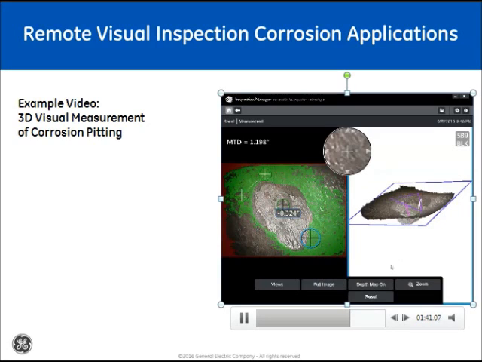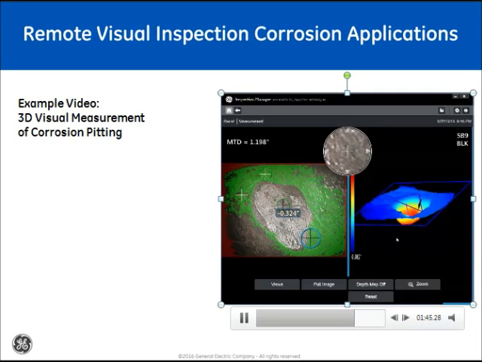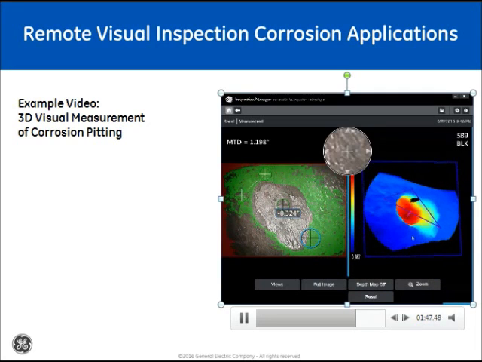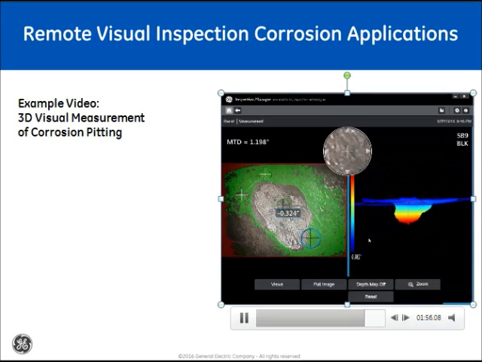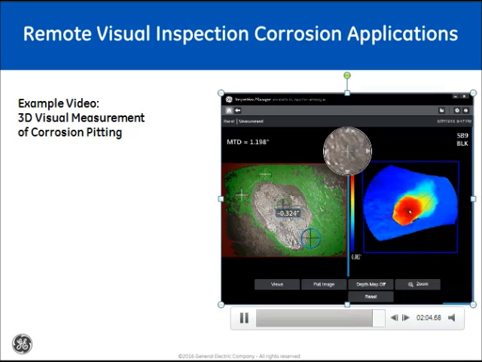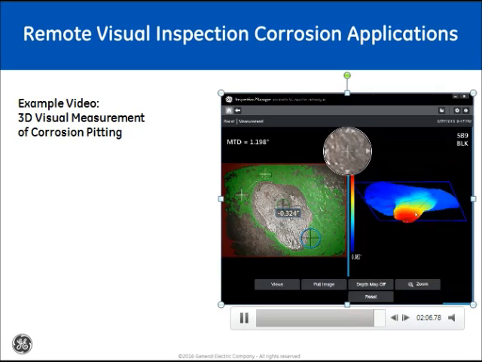Repeatable model so that I can take a look at whether or not I've actually placed my measurement cursors on the right surface. Have I chosen the deepest part of the pit? I can also make sure I haven't walked up the side wall of the indication that I'm actually measuring around that pit. So that gives you more information about the surface contours, and that's what happens when you have your depth map on. So this is just one example of how new RVI tools can be used in corrosion detection